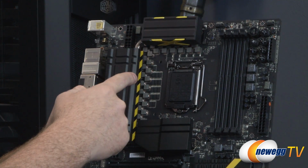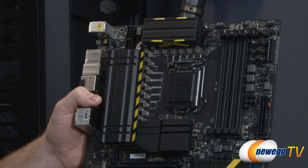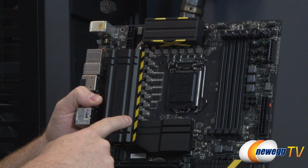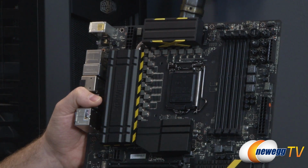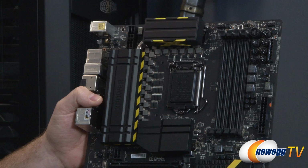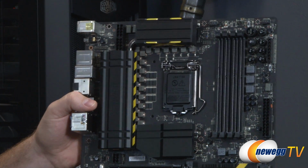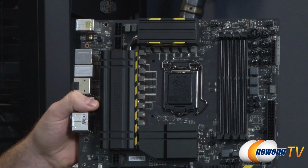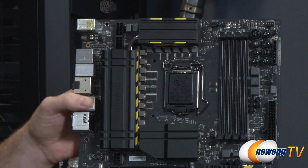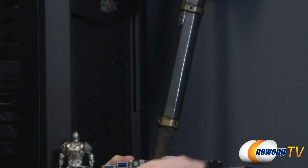You can see the chokes, for example, the MOSFETs are going to be underneath these huge heat sinks, which also has a heat pipe connecting them. PLX is down here at the bottom, and the upper one here and the left one here are all for your CPU power delivery, the XPOWER componentry integrated here by MSI. For power for all that stuff, you have not one but 2 8-pin supplemental CPU power connectors. So make sure you got a beefy power supply with 2 of those